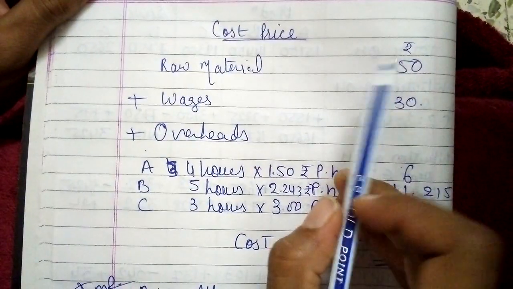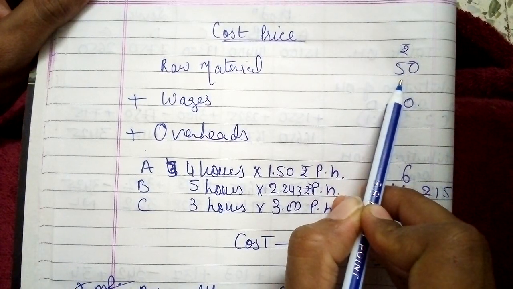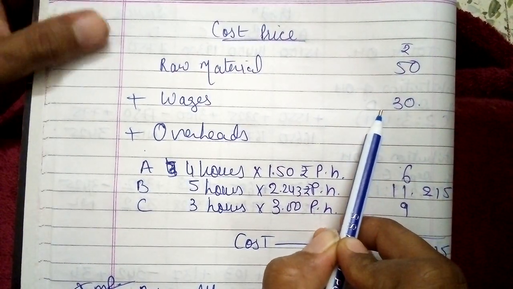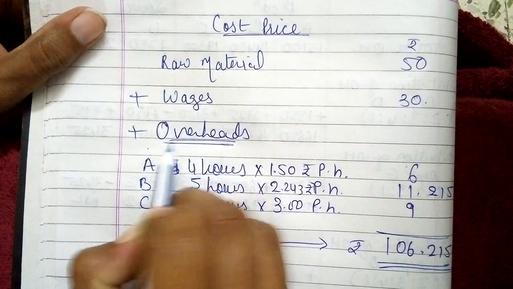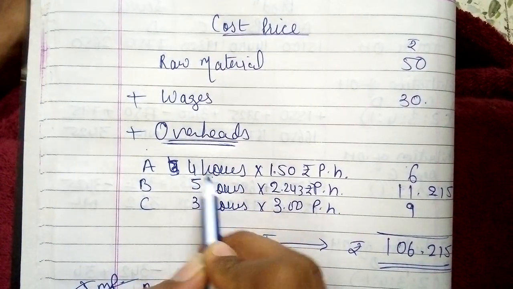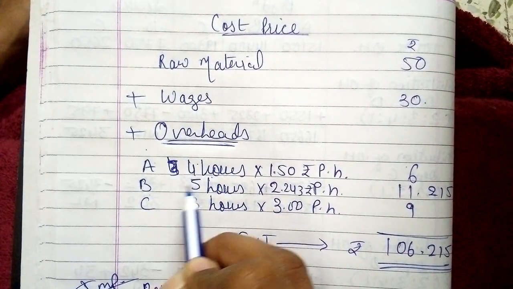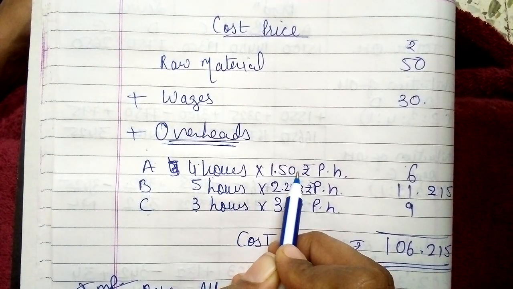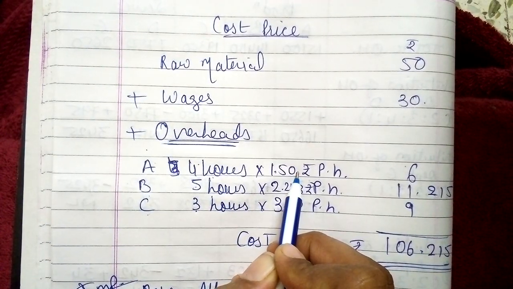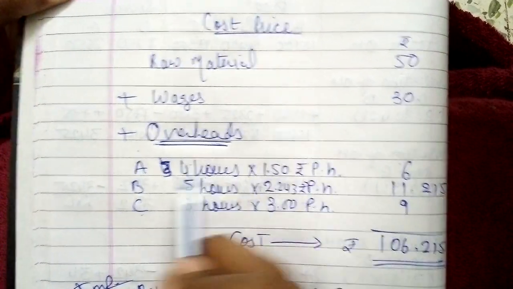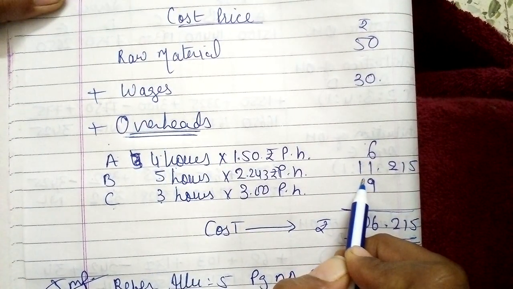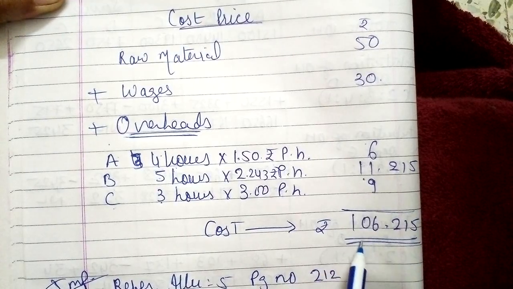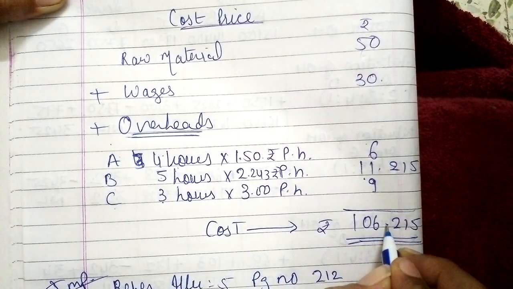So for that, raw material is given 50 rupees, wages are given 30 rupees, and for the overheads, hours are given: if department A 4 hours, B department 5 hours and C department 3 hours. So what rate per hour should we take? The one we calculated earlier. So by multiplying this we get 6, 11.215 and 9 rupees. So the total cost price is